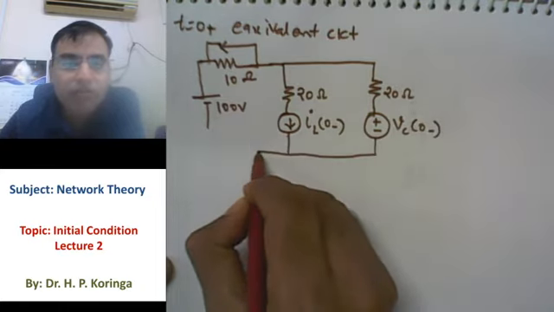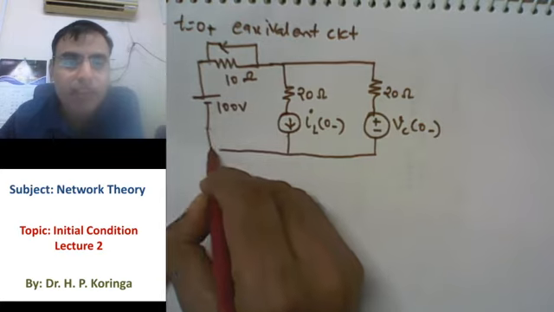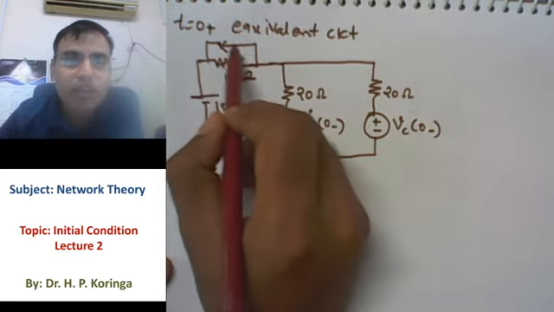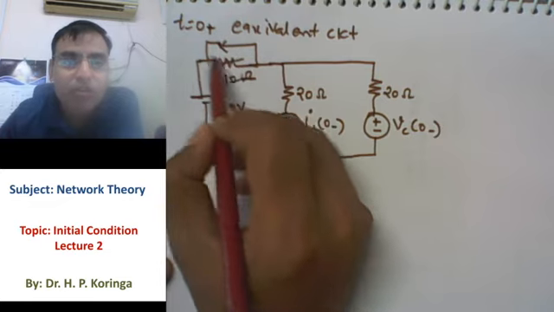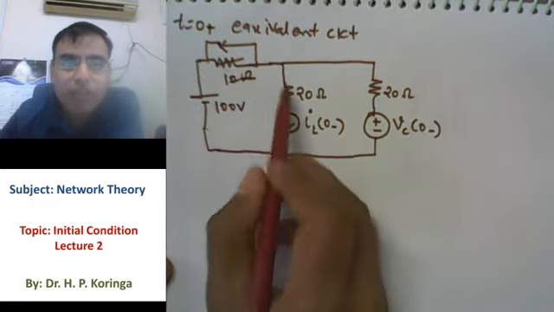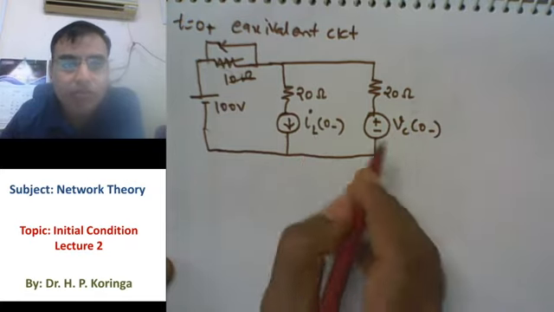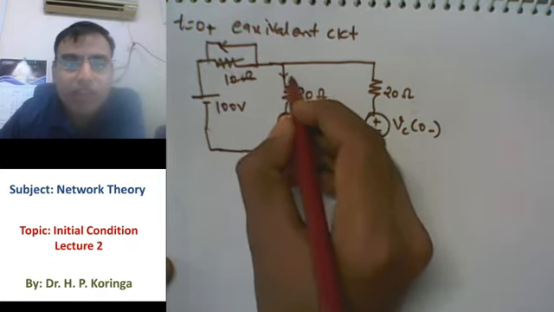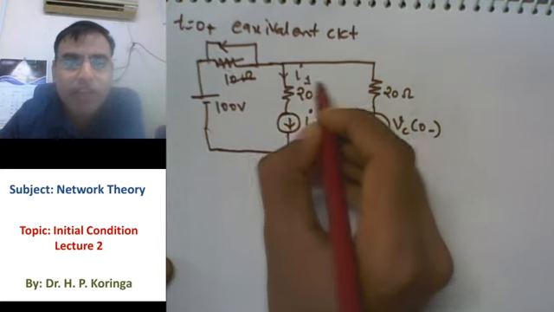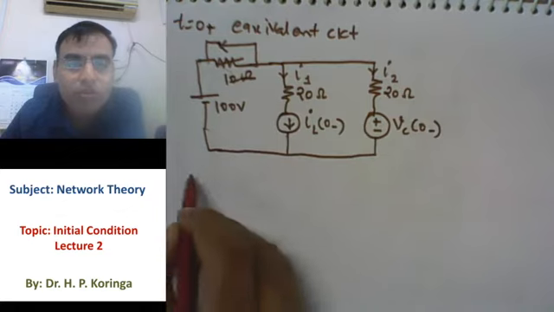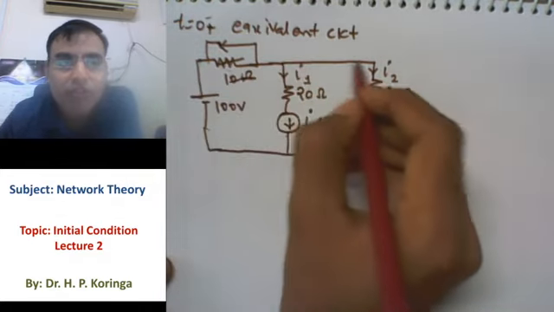source. So this 100 volt is in parallel with this 10 ohm, which is short circuited because of this parallel closed switch, right? So this 100 volt is in parallel with the 20 ohm and this current source, and the 20 ohm and voltage source. Now our interest is this current I1, and the current passing through the RC network, which is I2. So at t = 0 plus, we draw the network at t = 0 plus.